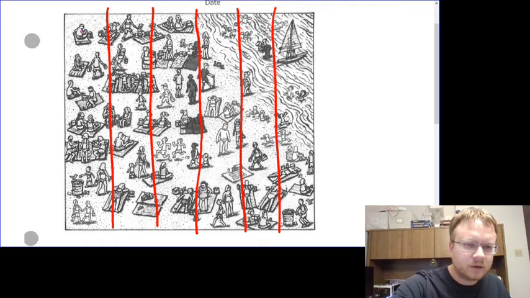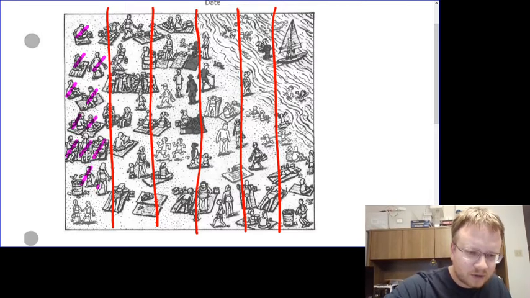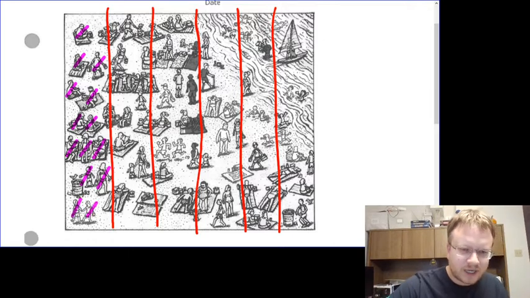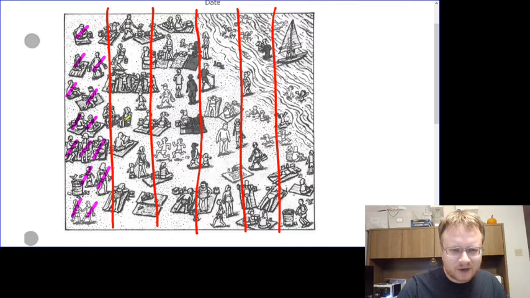1, 2, 3, 4, 5, 6, 7, 8, 9, 10, 11, 12, 13, 14. And this guy's kind of like halfway on the line. I'm just going to count him when we get to the next one, so we're going to leave it at that. So let's make a little note.